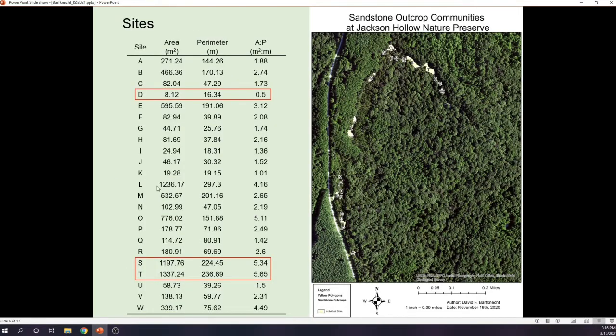And so these two larger sites here, S and T, as you can tell, are way over here, and they also tend to have higher area to perimeter ratios, and they also tend to, of course, based on geometry, have higher perimeters since they have larger areas. And the smallest site is D, which is right here, which honestly, you can't really see too much past the actual D itself. So yeah, there's a large variation of different sites here.